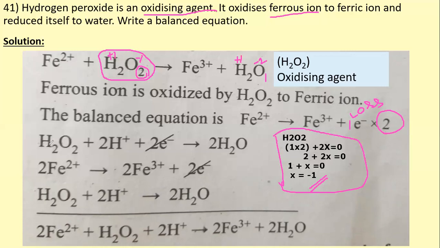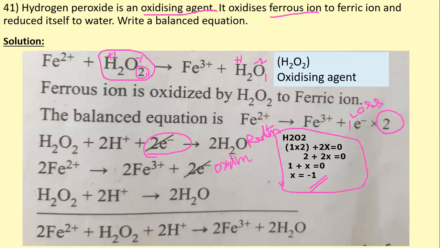You see here, H2O2 plus 2H+ gives 2 H2O, with a gain of 2 electrons, because 2 oxygen are on this side but only 1 oxygen on the other. This is a reduction reaction. Reduction is simply a decrease in oxidation number, whereas an increase in oxidation number is said to be the oxidation process. So this is the oxidation reaction.